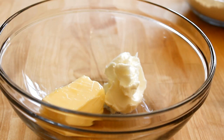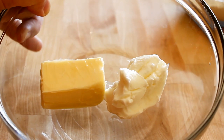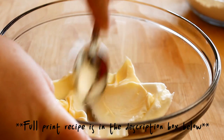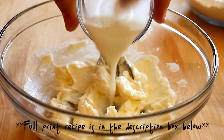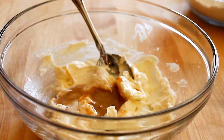And for the frosting, I'm going to be doing a buttercream frosting for these cookies instead of a royal icing. But I went ahead and put in my butter and vegetable shortening into a medium-sized bowl here. And using the back of a spoon, I'm just going to cream these two together. And then I'm going to add in my milk, as well as my vanilla, and just a little bit of